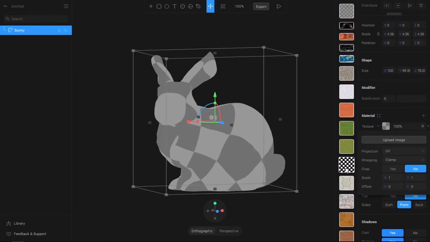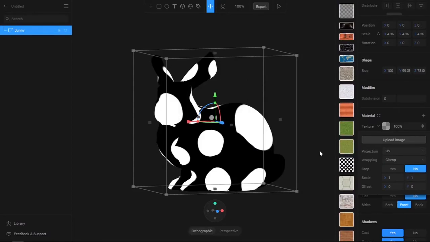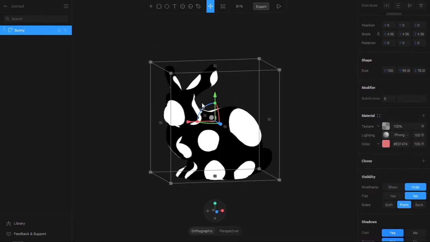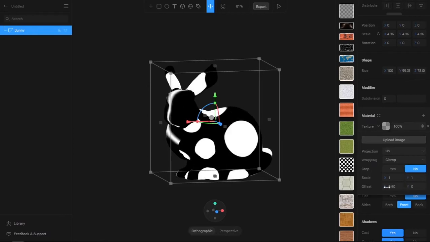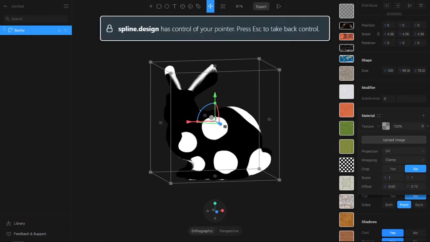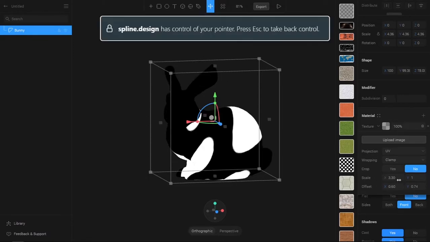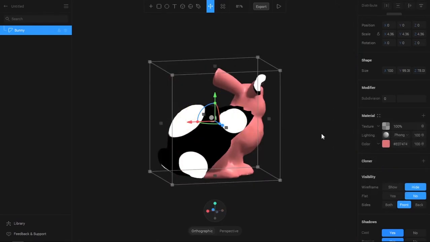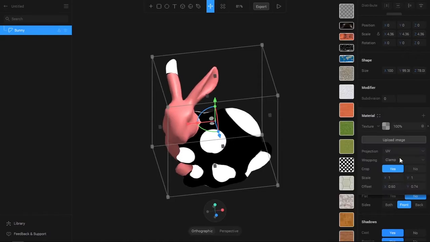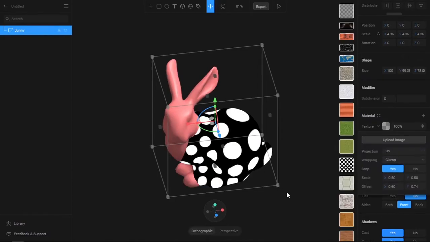If I select this texture, we can see that we have some patterns on the bunny, and if I click the texture icon, you can see that there are projection, wrapping, crop, scale and offset. The offset lets you change the position of the texture in the x and y directions, and the scale lets you enlarge it or make it small, and the crop option lets you crop the image. You can see that after the texture image has ended, the material below it applies. If I reduce the scale, you can see we get the pattern here.